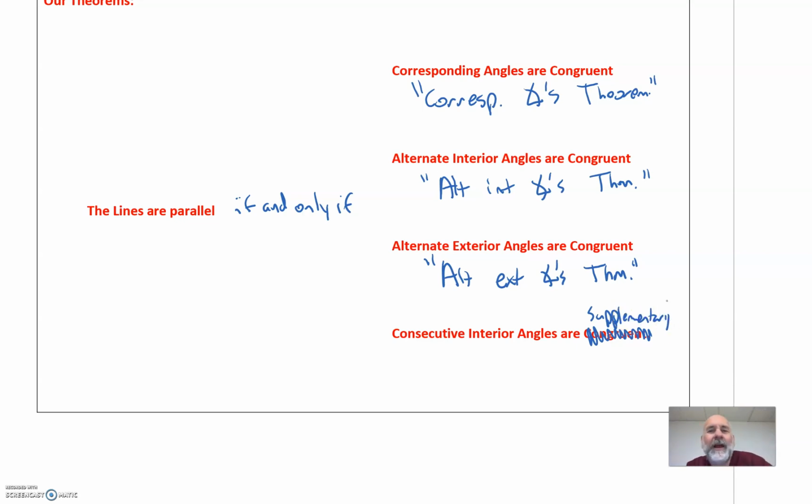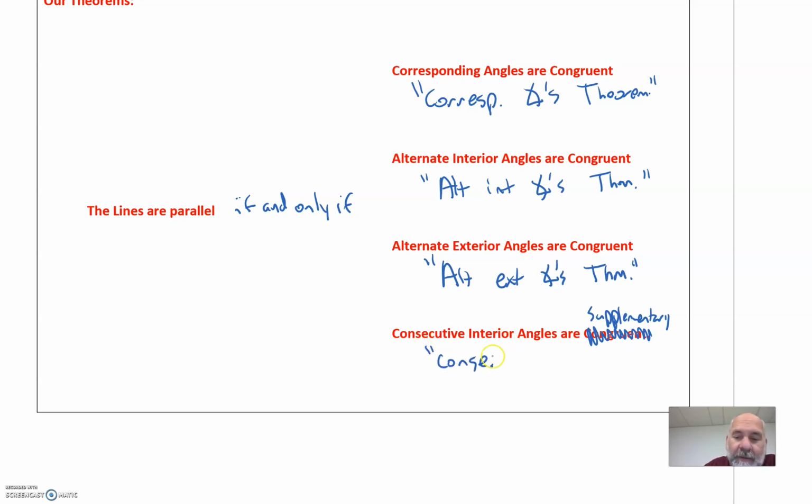Now, I'm not trying to say, ha ha ha, I knew that and you didn't. If you thought, oh, they're congruent, that's fine, and you didn't catch that mistake, totally fine. But the reason I did that was so that if you didn't notice it, and you thought, oh yeah, consecutive interiors, those are congruent, then you'd be aware of that and go, oh, I missed that. Okay, I got to make sure I pay attention to that because that's something I can miss. So I'm not trying to make you feel bad. I'm trying to make you feel better prepared because you know what some of the tempting mistakes are that are out there. And so that theorem, the biconditional for consecutive interiors, is just going to be called, of course,